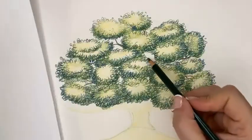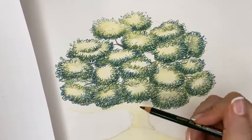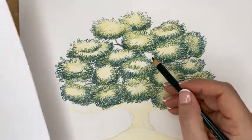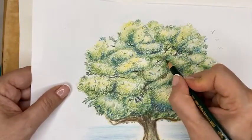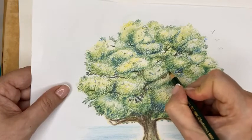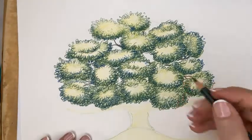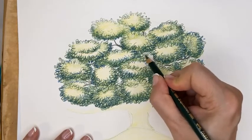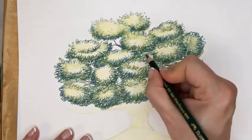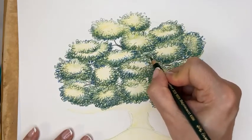So any places where we've got gaps, like in here, that are most likely to be trunk and leaves, not sky, I'm just going to go in with my dark green and start scribbling away. And this is going to create all this dark shadow, which is going to represent all of those leaves receding into the depths of that tree. Because it's kind of behind everything else, I don't need any detail. I just need to colour it in